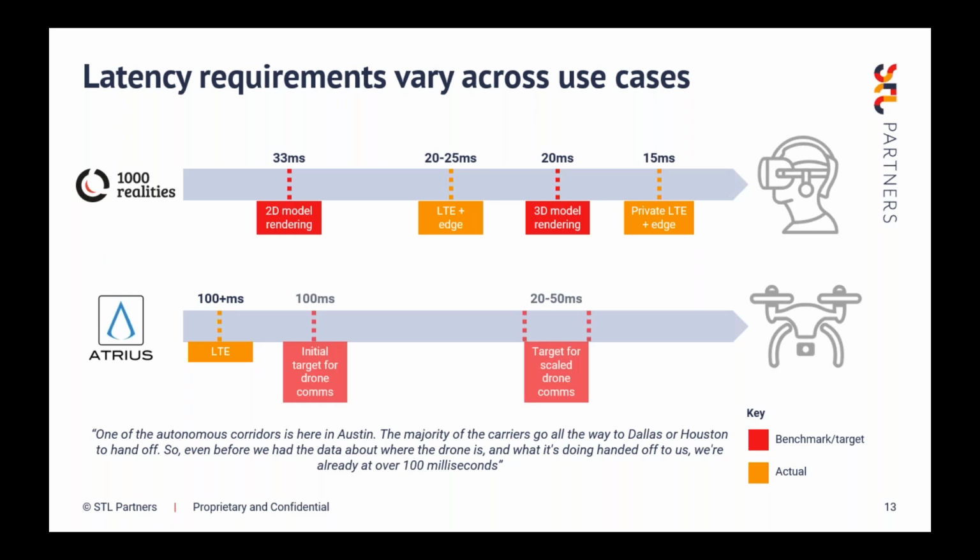What they really need to get to initially is 100 milliseconds, to do some initial tests for how the drones could communicate with one another. But ultimately, once this drone navigation system is scaled, they need to get down to 20 to 50 milliseconds. And this goes down even further to 1 to 10 milliseconds when you're taking the video data from drones and augmenting some kind of information or image overlay on top of that. That needs to happen in real time and very, very quickly. So the whole thing has very strict latency requirements.